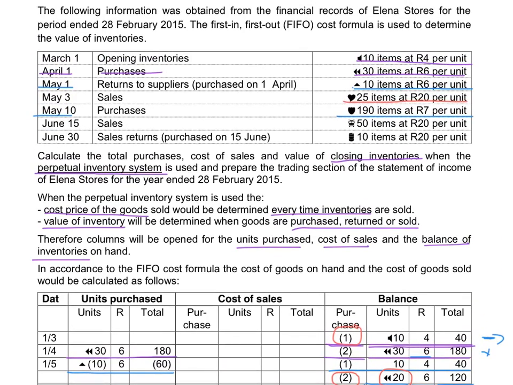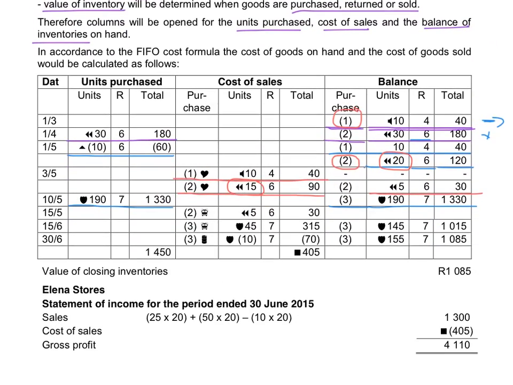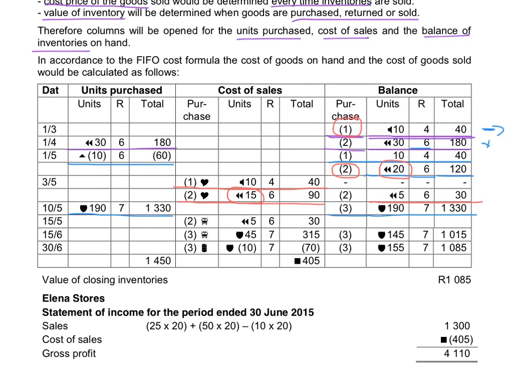Then we sell goods again, and this sale is 50 items that we sell at 20 Rand each again. So if we look at the units that we have available, we see that in group 2 we still have 5 units available. In group 3 we have 90 units available. So I first have to sell the 5 units that are available in group 2. So I will show that 5 units that cost 6 Rand will be sold, and the cost price of that